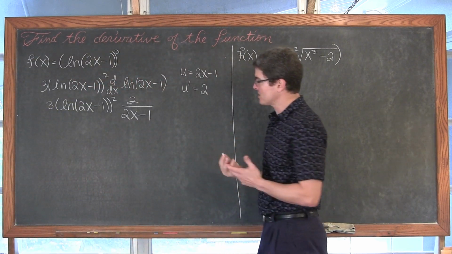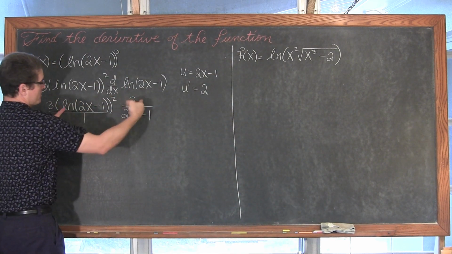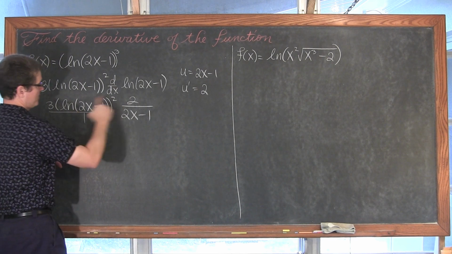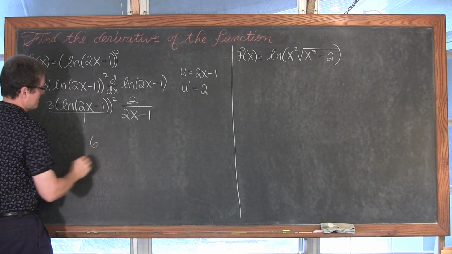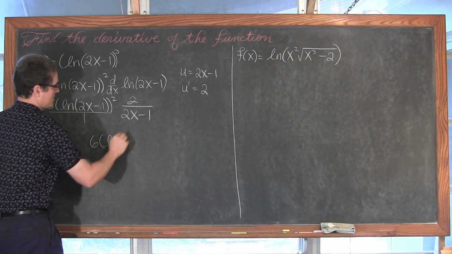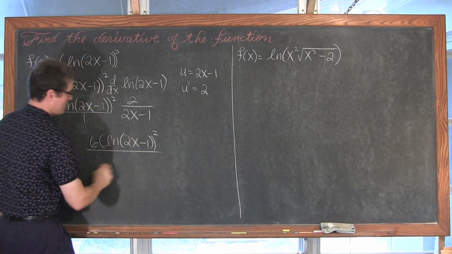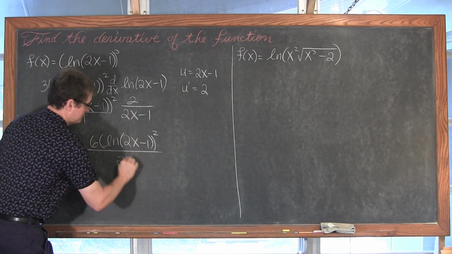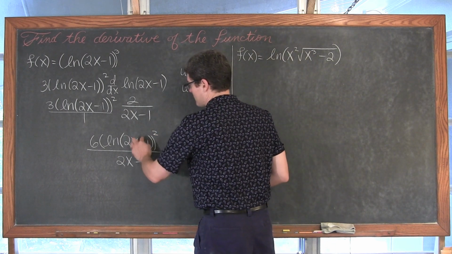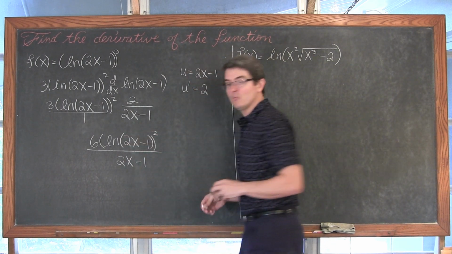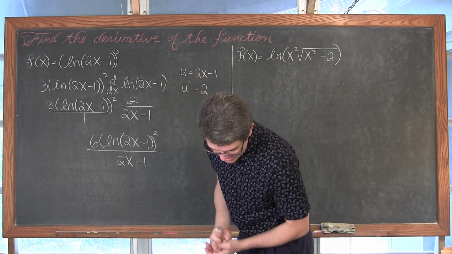Okay, well there's not much left that can be done except maybe just put this over 1 so we can see the numerators and denominators of these two values are now fractions that are getting multiplied together. We have 2 times 3, which is equal to 6, times the natural log of 2x minus 1, squared, over, well, just 2x minus 1. Now don't be tempted to think that you can cancel out this 2x minus 1, because the numerator's 2x minus 1 is inside the natural log function. So that's it, unless I've made a mistake.